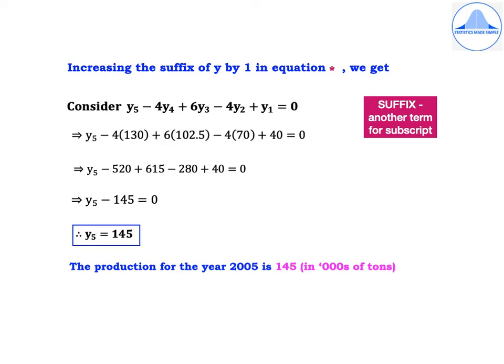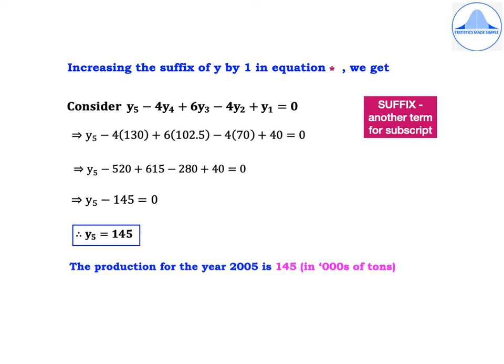Now, to find out the next missing value, we have to increase the suffix of y by 1 in the equation star. By suffix, we mean the subscript. So in equation star, all you have to do is increase the subscripts by 1, but the coefficients will remain the same. So you will get, consider y5 minus 4y4 plus 6y3 minus 4y2 plus y1 is equal to 0,